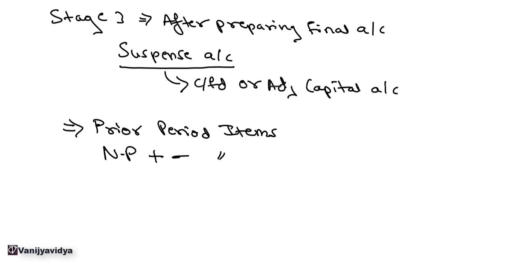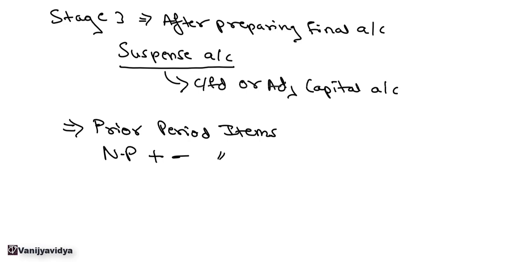And as per accounting standard, this prior period item needs to be disclosed separately and quantified properly. And the reason for recognizing this prior period item and the adjustment which has been done should be disclosed in the notes to accounts for that particular financial year. So these are the various stages in which we can find the errors.